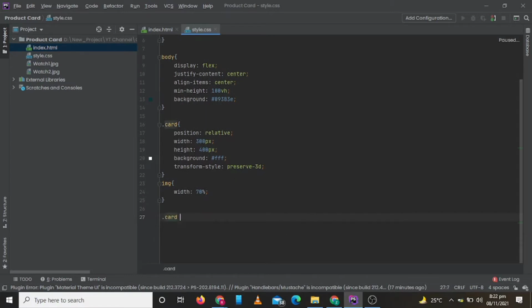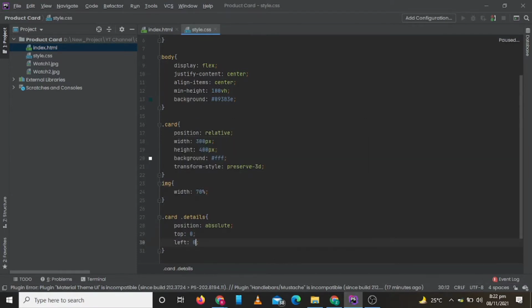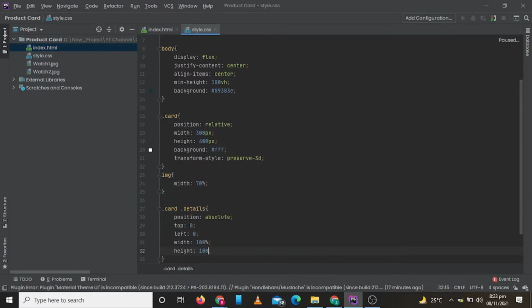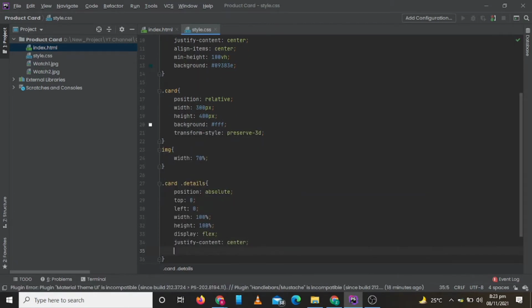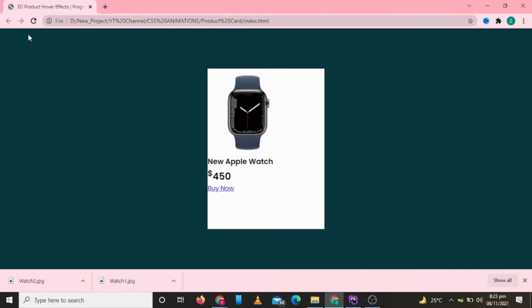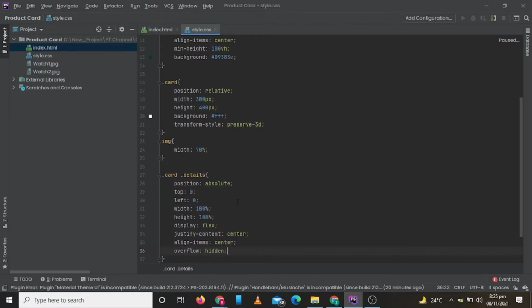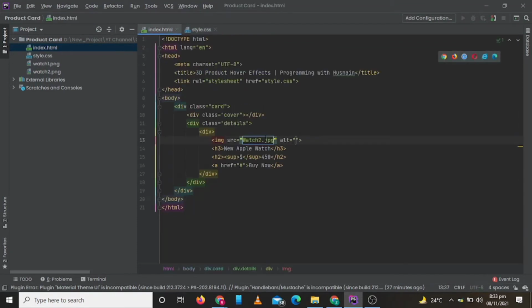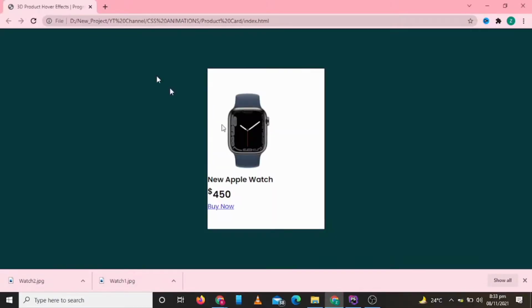Now let's add CSS for our details. Let's change our image and make it the second image, so when we hover onto it the first image will show.